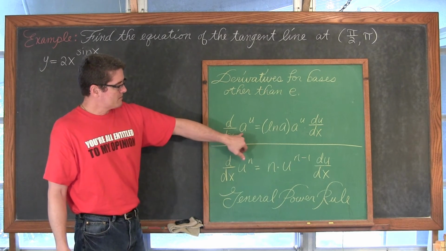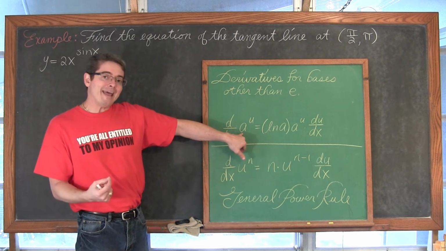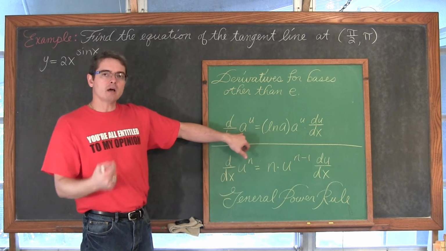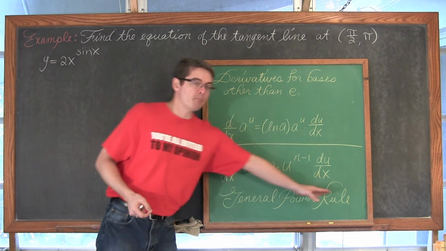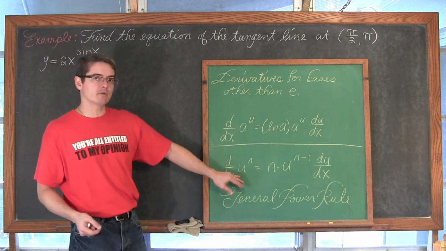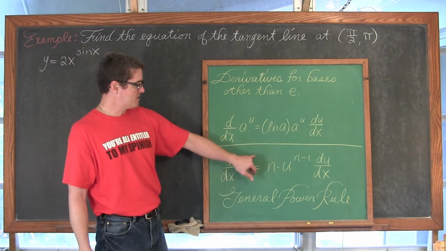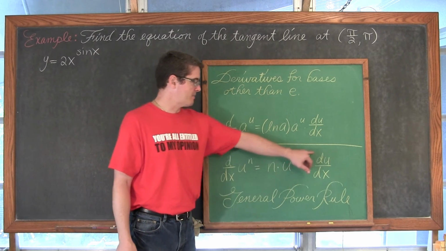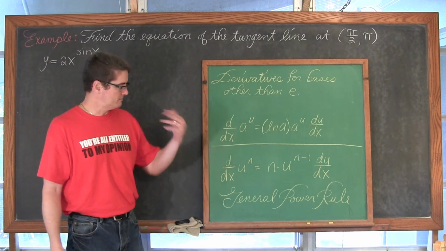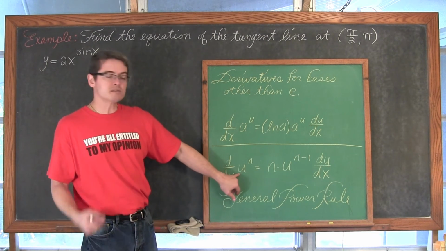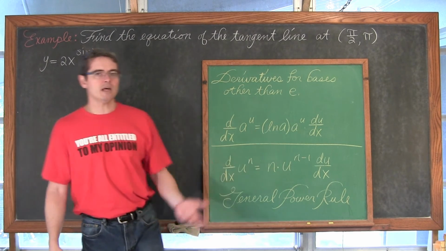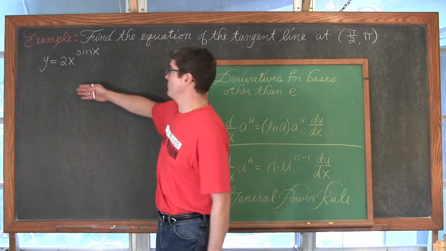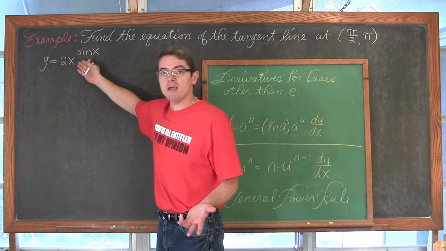Well, the rule that I gave you said that a was a real number not equal to 1, so it was a constant and the variable is in the exponent. Whereas in the general power rule, set up for u substitution here, the derivative of u to the n is equal to n times u to the n minus 1 times the derivative of u with respect to x. Here the variable is in the base and the exponent is a constant. So we don't have either one of those situations in this problem. We have a variable in the exponent, and we have a variable in the base.